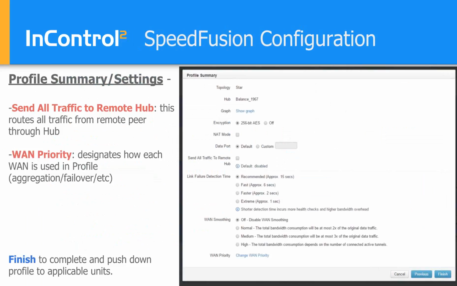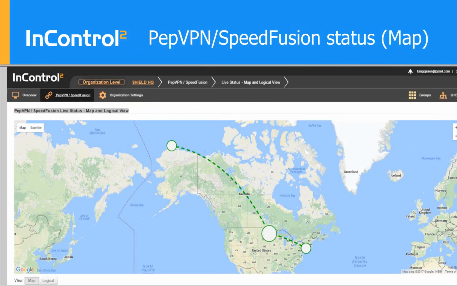We have our WAN priority settings here, which designates, of course, how each WAN is going to be used within the profile. If you're looking more so for WAN smoothing, aggregation, failover, same sort of stuff that you would get within the interface itself. Once you have everything to your liking, go ahead and hit finish to complete and push down the profile. Once it's all done, you can keep an eye on how the deployment looks both on a map view, or you can do it in a logical view if the map gets a bit too busy